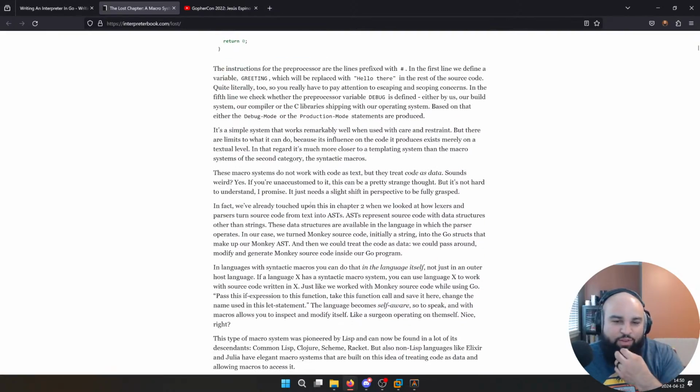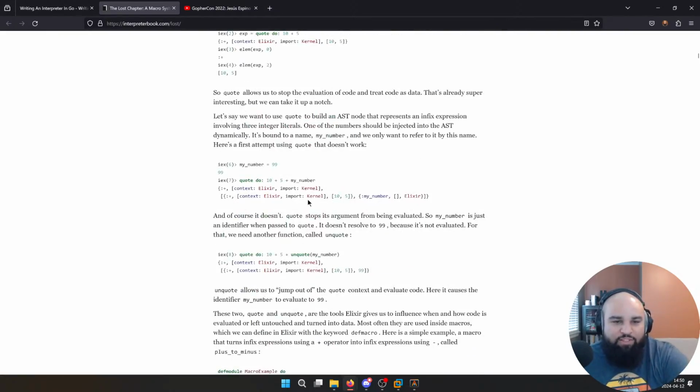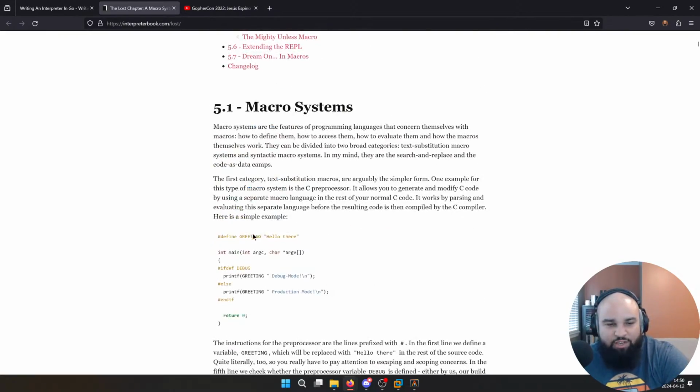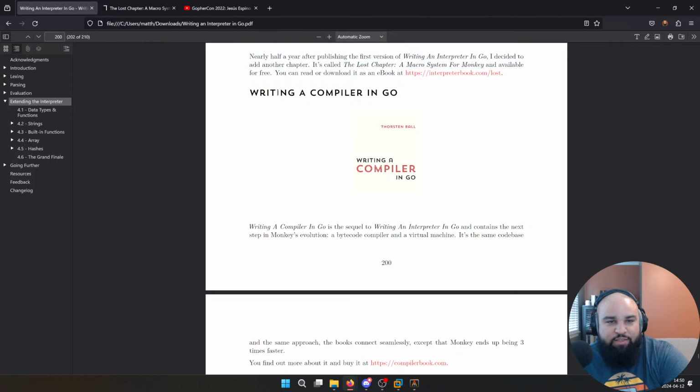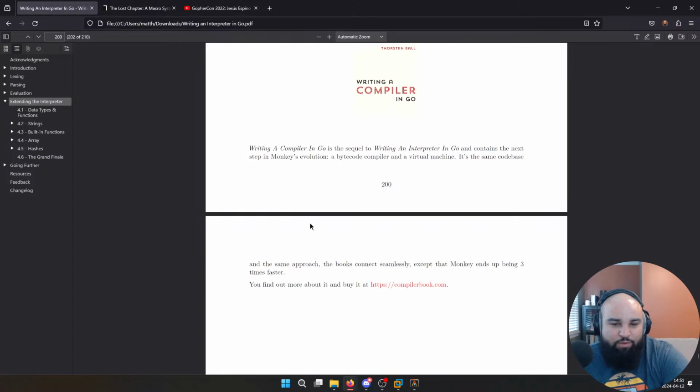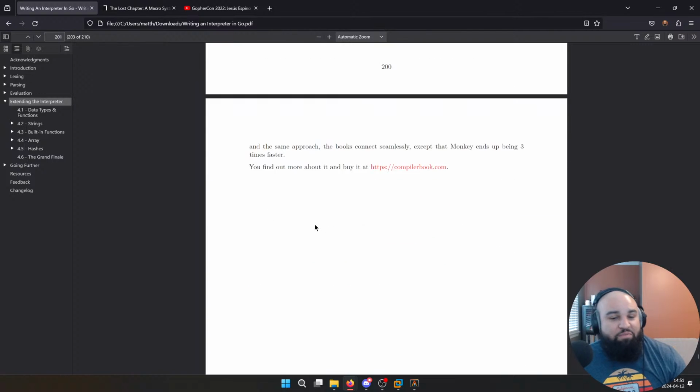And I'm going to read this. I'm not going to do a book club on this one. I'm going to read this in my spare time because I am interested in how that works under the hood. And yeah, so they have this book, and then the next book that he has is Writing a Compiler in Go. It takes it even further, and instead of just stopping at an interpreter, we now build a compiler. So I'll be reading that book as well. But yeah, that's it.